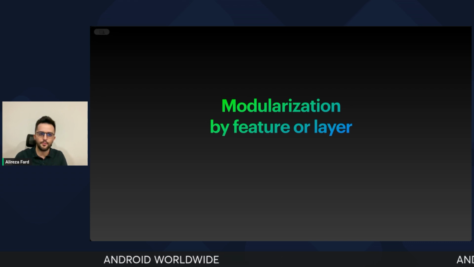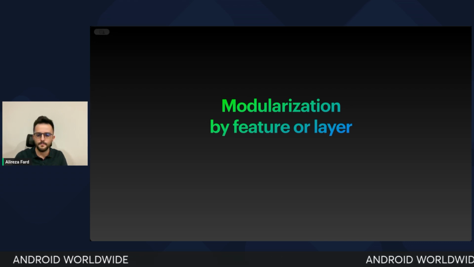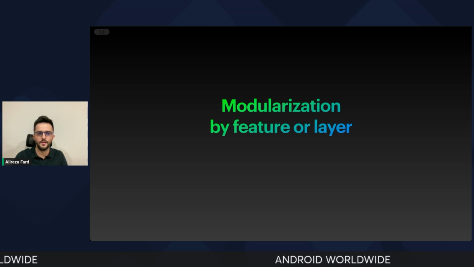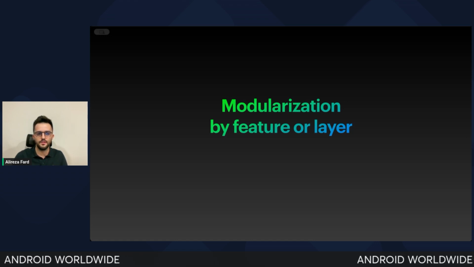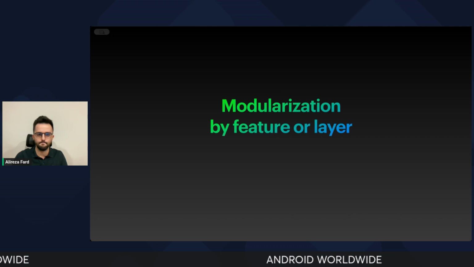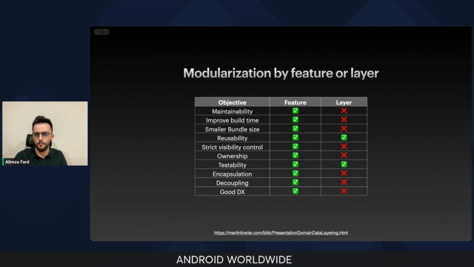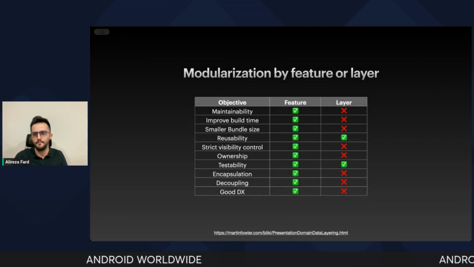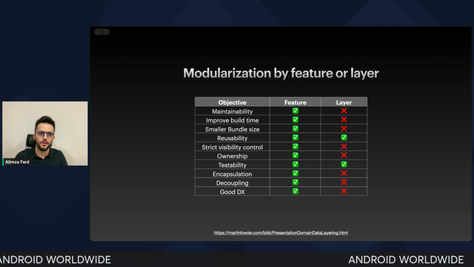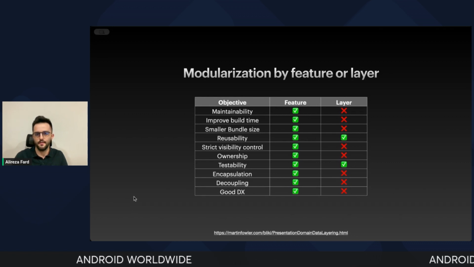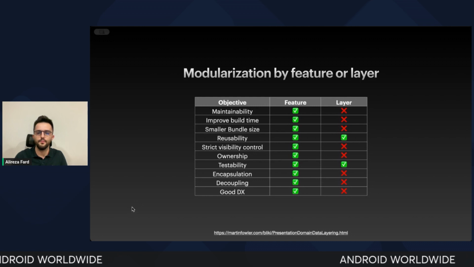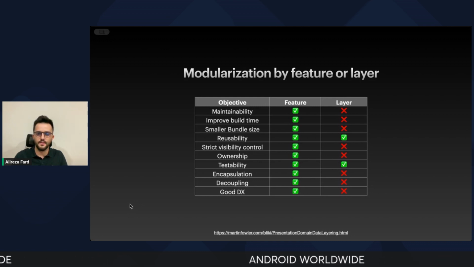However, this approach does not answer our needs when you want to scale your project, and when you want to work in parallel among 20-30 developers on the same project. So based on some objectives, we can measure which one is suitable for us. And with feature modularization, you have more freedom,